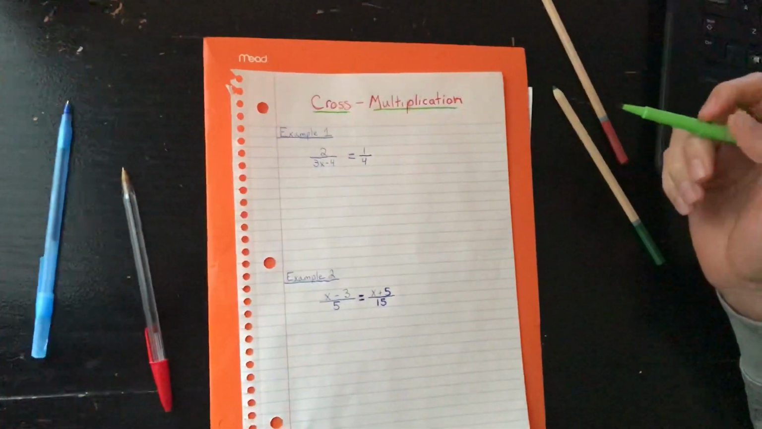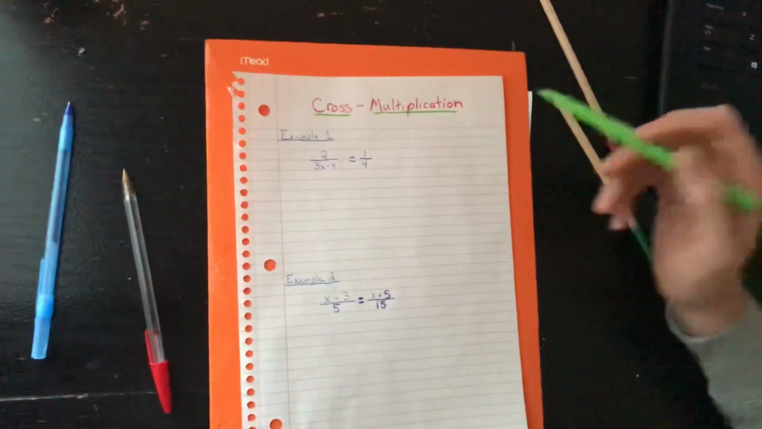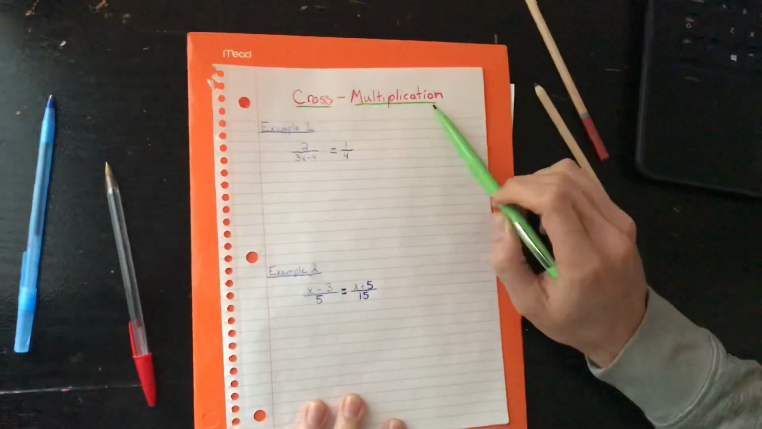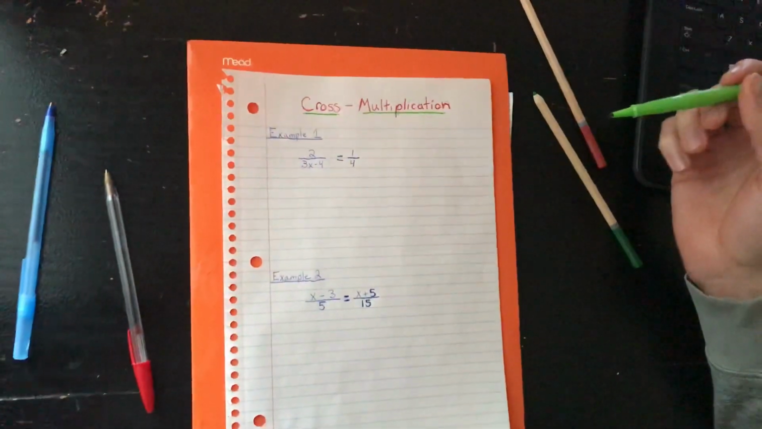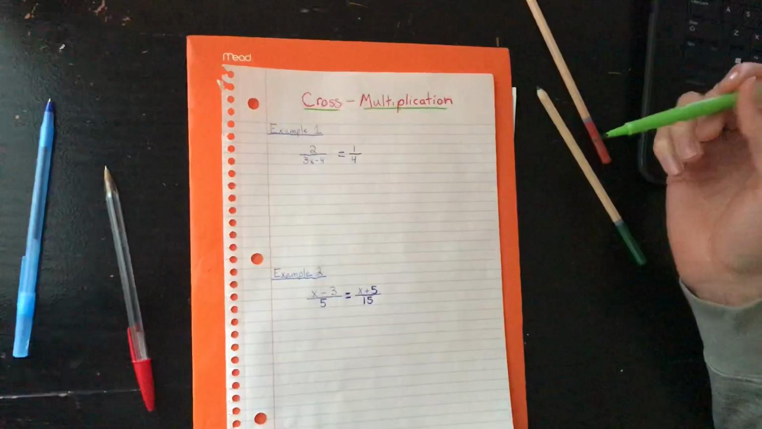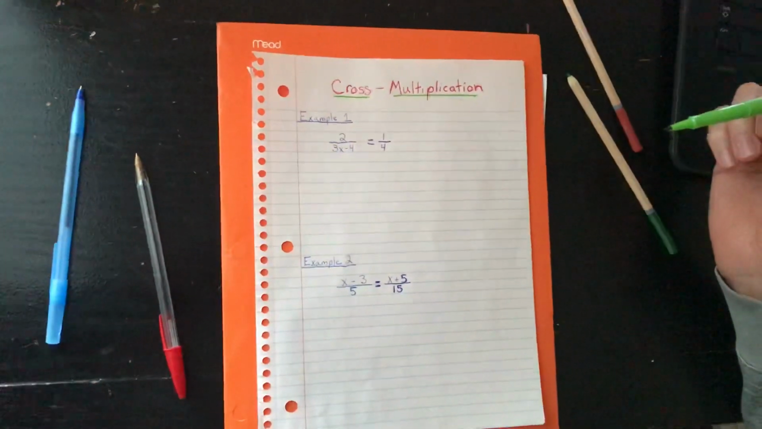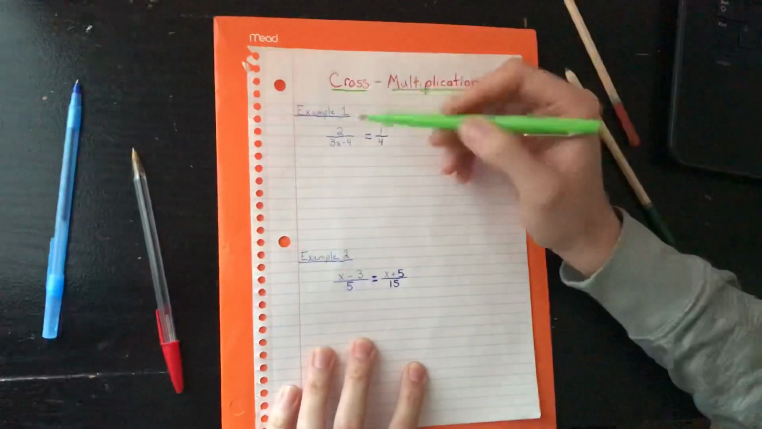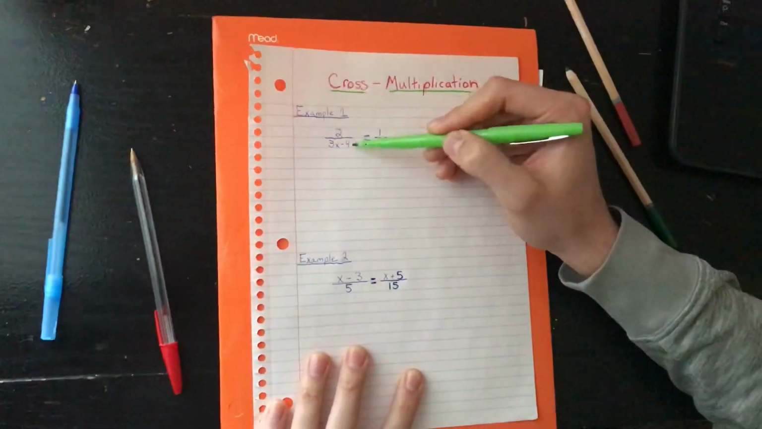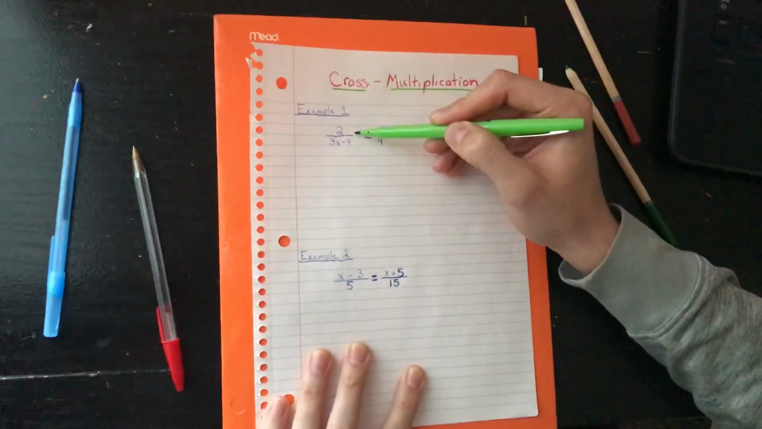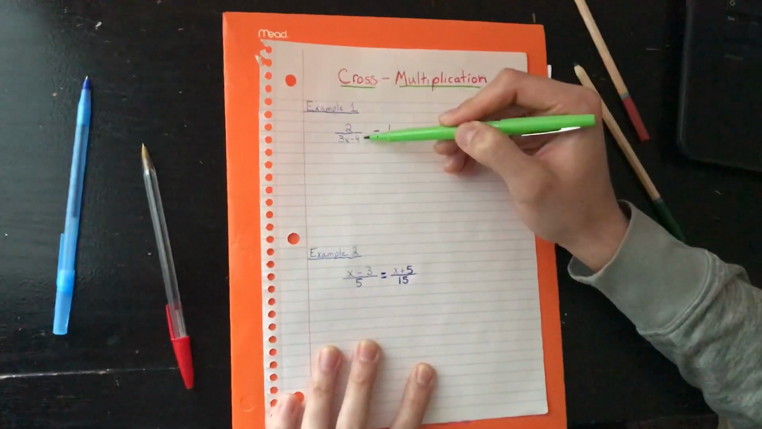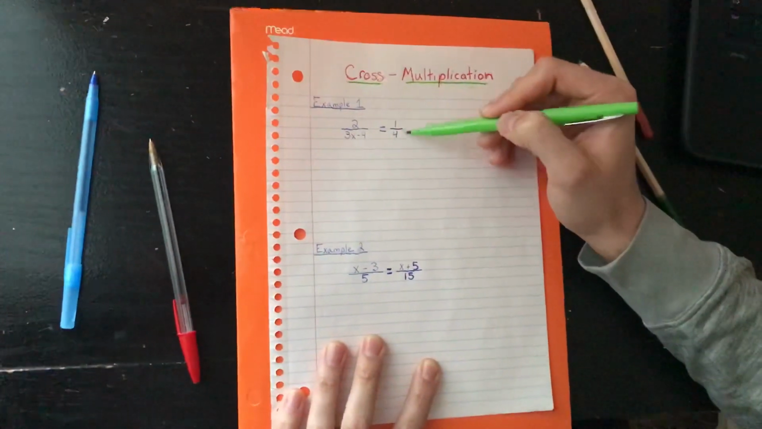Young scholars, in this video we're going to review the method of cross multiplication. This is an excellent method to solve equations where we have two ratios on each side of the equation. When I say a ratio, I'm referring to terms that are dividing each other. Here we have a ratio on the left side of our equation and a ratio on the right